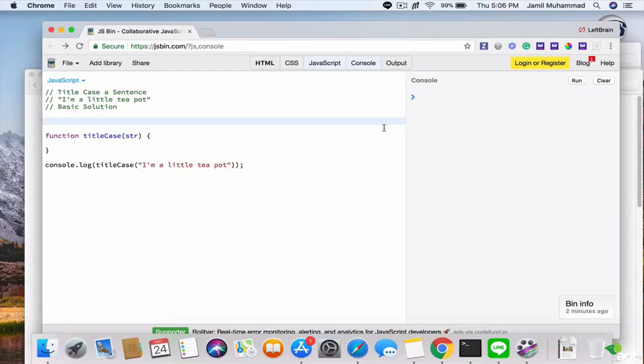Alright, so for our intermediate solution, within our title case function, create a new variable called convertToArray equal to string.toLowerCase().split,